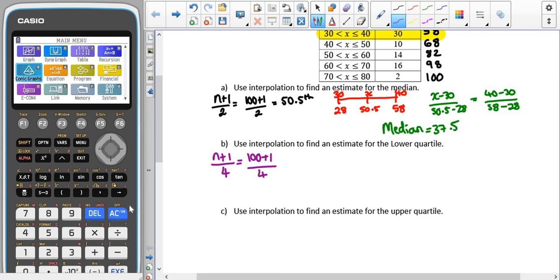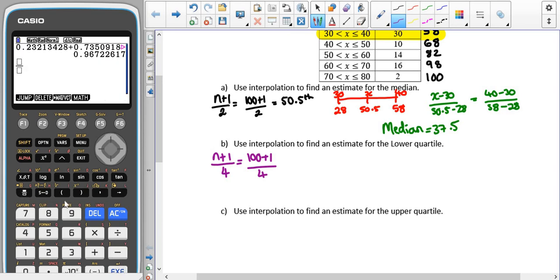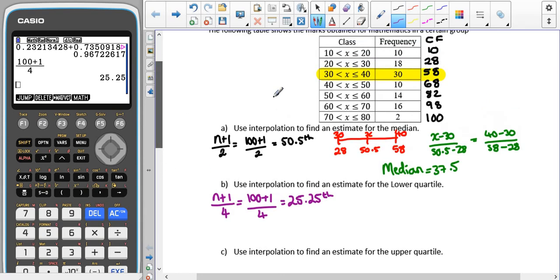So if I go back into the normal part of my calculator, you can always do it in here. So we've got 100 plus 1 divided by 4, which should give us 25.25 once we change it into a decimal using the S-D button. So we're looking for the 25.25th piece of data. So again, having a look at our cumulative frequency, at the end of the first interval we've got 10, at the end of the second interval we've got 28, so that's too far,